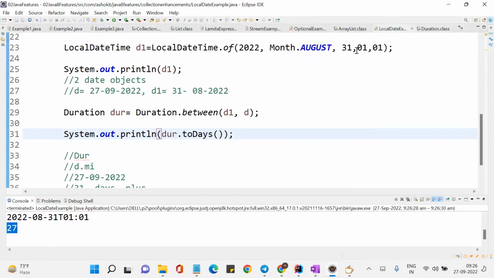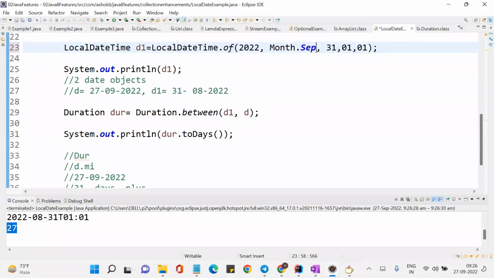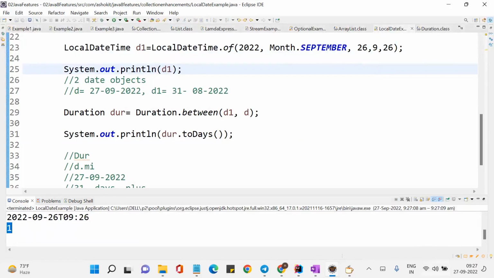Now instead of 31, let me put September, and let me put 26. What is the current time? I do not know whether it will take it, but let us try 26. Okay, let us remove that and run the program. See, exactly 1 day. Correct. The current date is 27/9/2022. I have given 26. So if you want to know how many days difference between 2 dates, it is